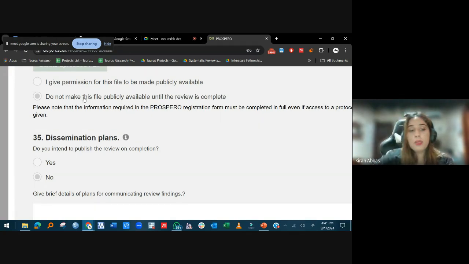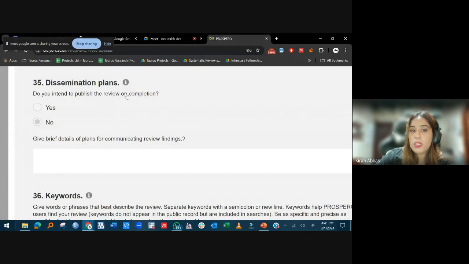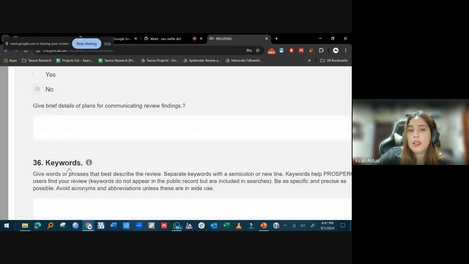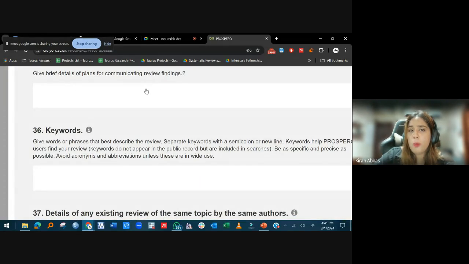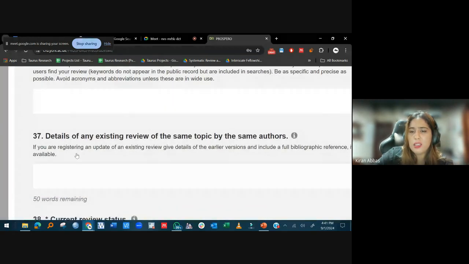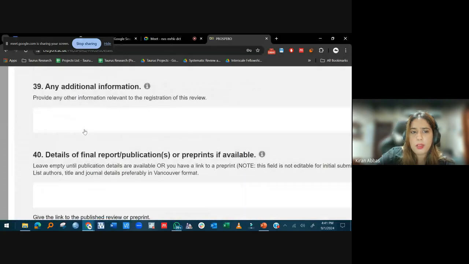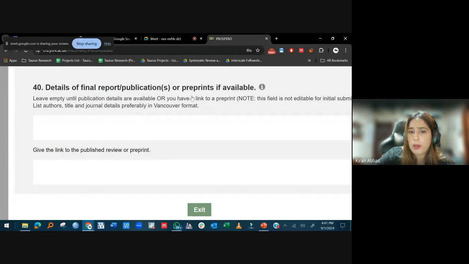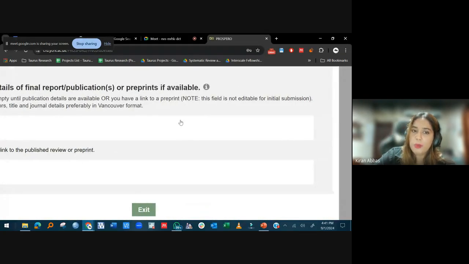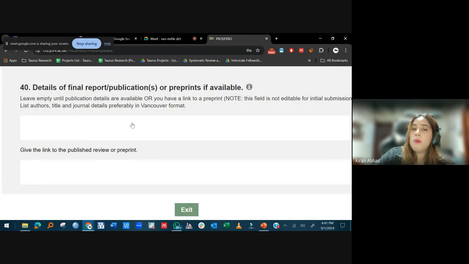And then dissemination plans. Obviously, do you intend to publish the review on completion? तो इसका आंसर होना चाहिए yes. अभी पता नहीं for some reason no हुआ है, but it should be yes. And give brief details of plans. ये भी optional है, इसमें भी details देने की जरूरत नहीं है. Current review status ongoing है, जाहिर सी बात है. Any addition? No. Details of final report and publication or preprints available. आपने अगर बाद में पब्लिश कर दिया है तो आप यहाँ पे ऐड कर सकते हो, ताकि जो भी आपका प्रोटोकॉल देखे वो आपका लिंक क्लिक करके आपके आर्टिकल पे चला जाए। दैट्स इट।